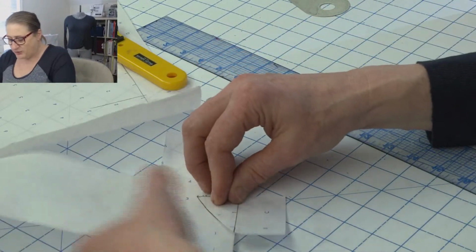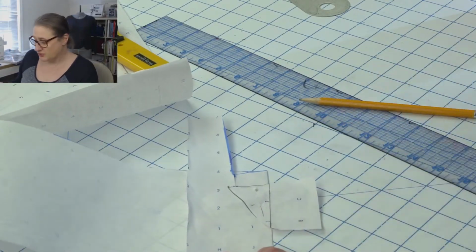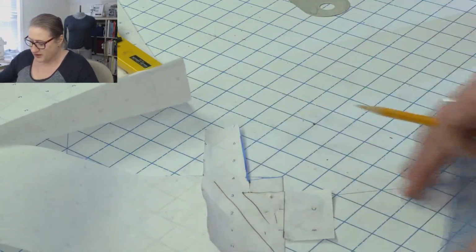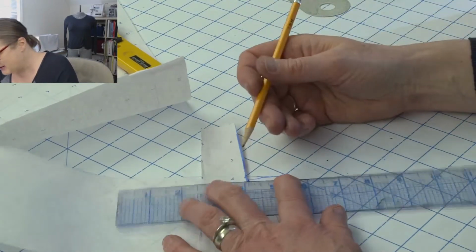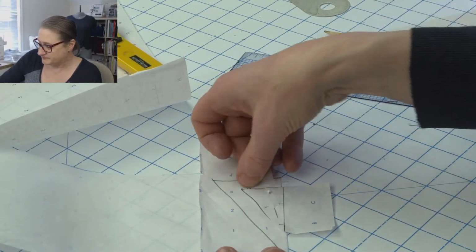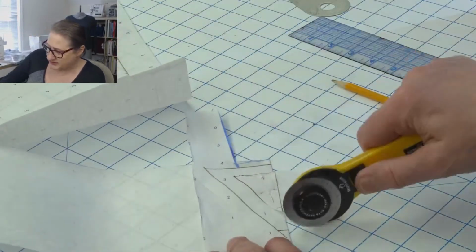This will not only keep the pattern piece straight, but it will also keep the double layers together too. So now I'm going to add my seam allowance here. So I'm going to add a 1/2 inch here. And a 1/2 inch up here. Actually, I'm not going to add it. Oh, yes, yes, yes. All right. Hold on. I'm going to add a 1/2 inch up here. Okay. And then I'm going to stop this point a 1/2 inch below. All right, so when I cut this out,